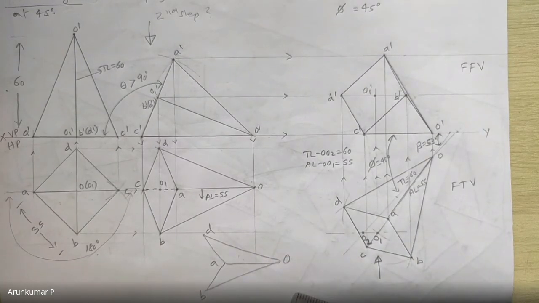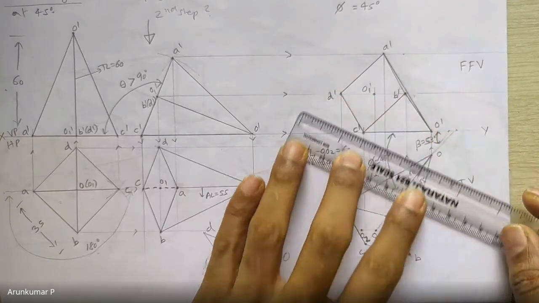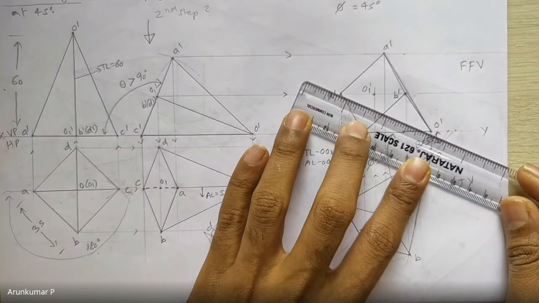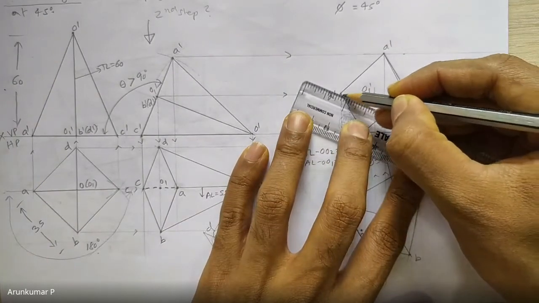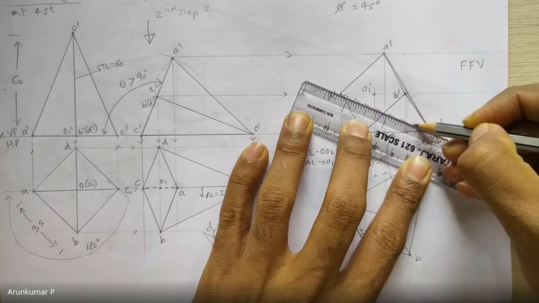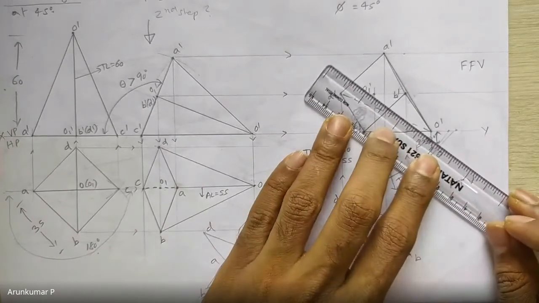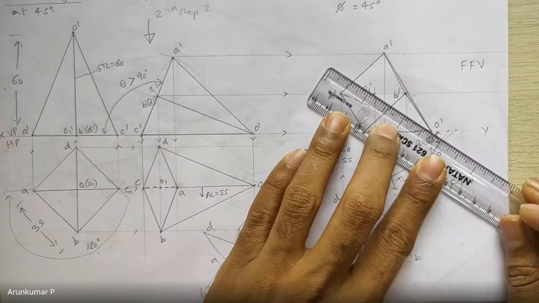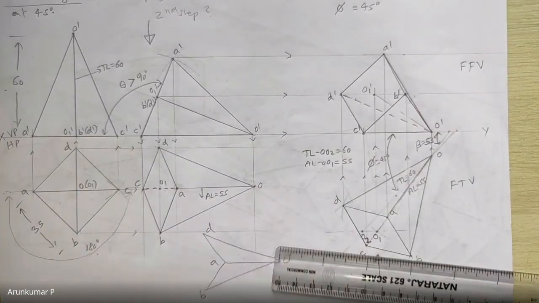Now the ones that are not seen, you have to represent by hidden lines. So I don't think there is any, because the base is seen. Yeah, there is one entity, O dash D dash, the slant edge. This is actually a physical edge, a slant edge, which you are not going to see, so you can represent by hidden lines, dashed lines. And don't forget the axis O O1, that is O dash, O1 dash, axis line. That's it.